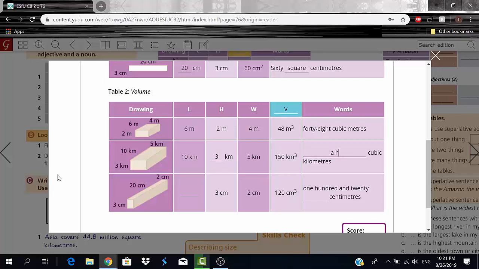So we'll just say 150 cubic kilometers. Okay, you guys? Now let's go to number 3. This one's really simple, the same thing. So length 20 centimeters. Here you can see the length, so 20 centimeters. Height 3 centimeters. Width 2 centimeters. Okay, and the volume will be